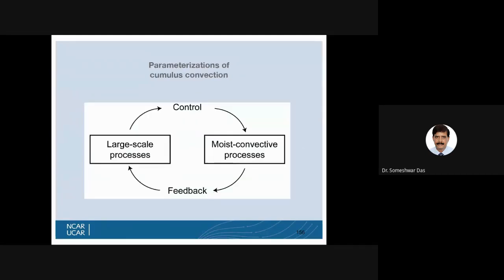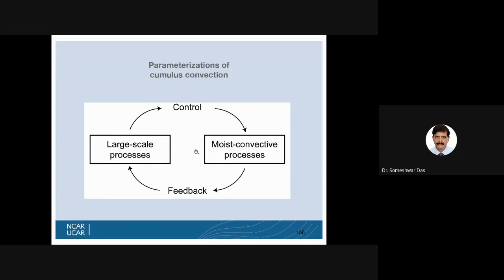This is an illustration of how the large-scale environment controls the population or spectrum of convective clouds, and how they in turn provide feedback to the large-scale environment or large-scale processes. So there is a continuous two-way interaction.